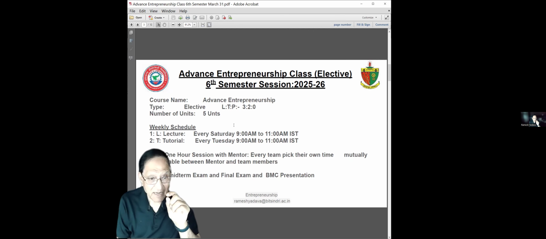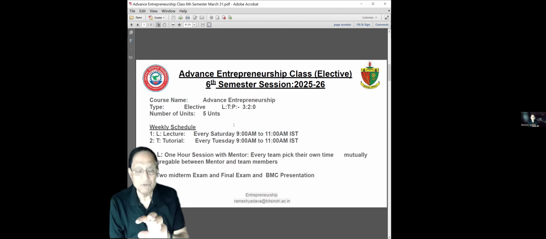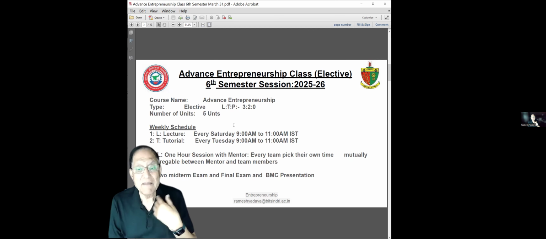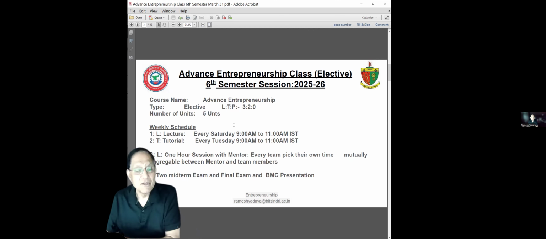और फिर उसके बाद when you are assigned to a project or to a startup or to a team, when you have a team, then you will also be assigned a mentor. So you will be discussing with that mentor and developing your startup idea and startup team.